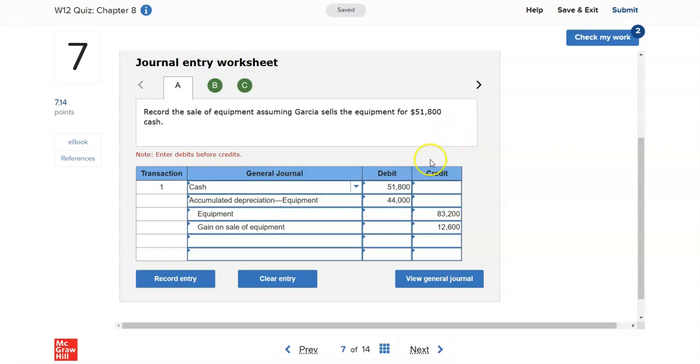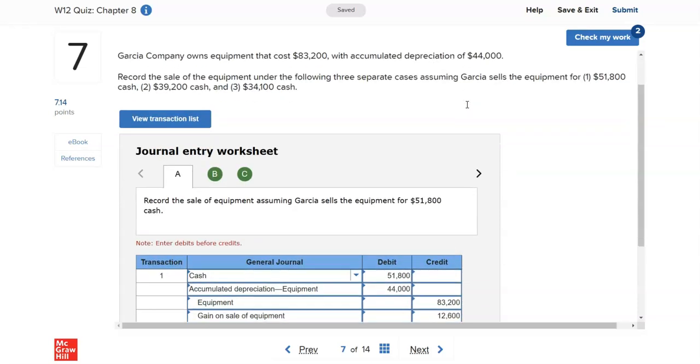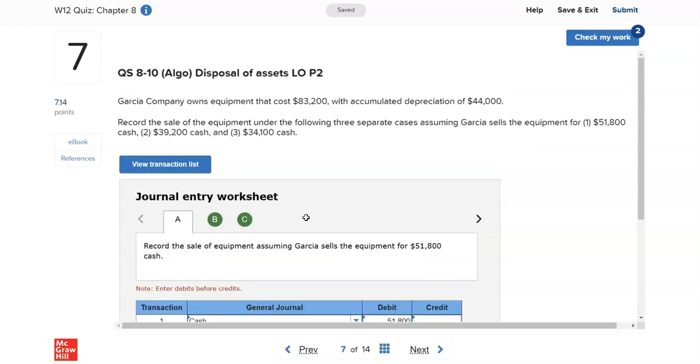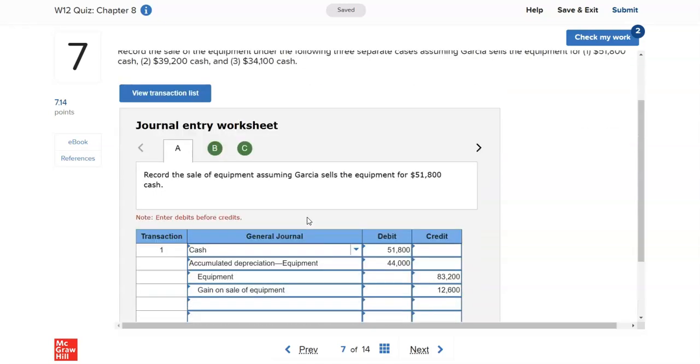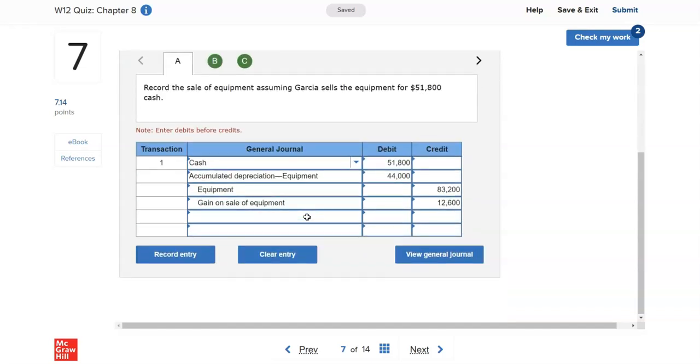$51,800 cash. So the first thing that we need to put here is cash, $51,800 debit because cash is increased. Then accumulated depreciation of equipment will be, as we can see here, $44,000. Then the equipment, as we can see here, the grand total was $83,200. And then if we do the math, the gain on sale of equipment is